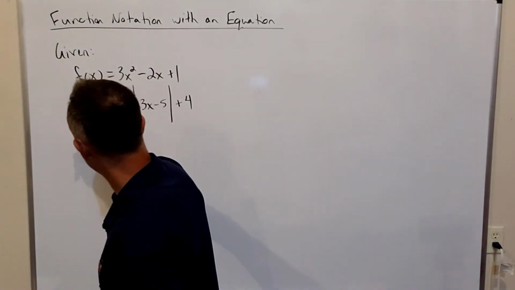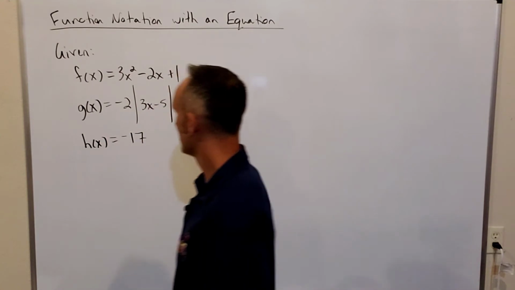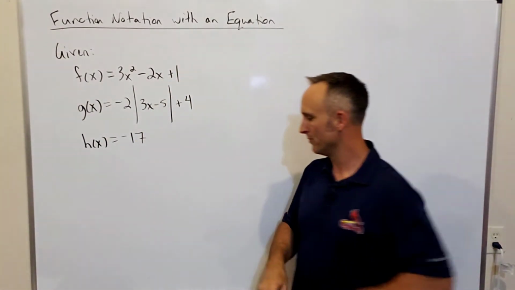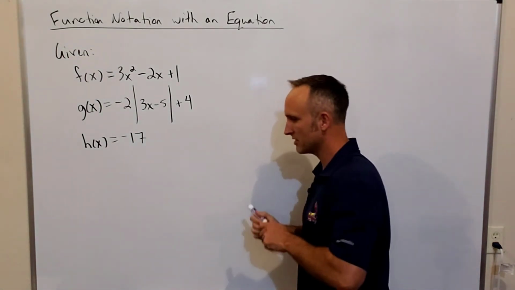All right. Last, let's say we have h of x equals negative 17. Such a simple function, but because it's so simple, it can be confusing. Let's do examples now. Let's consider